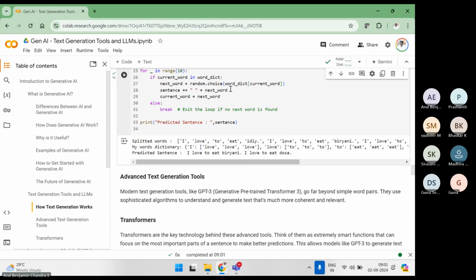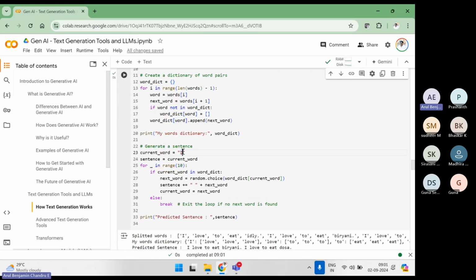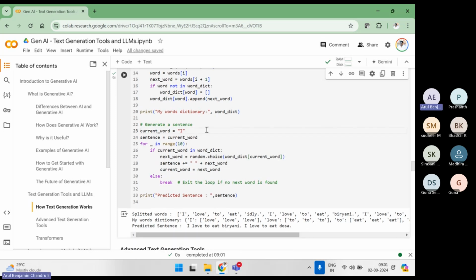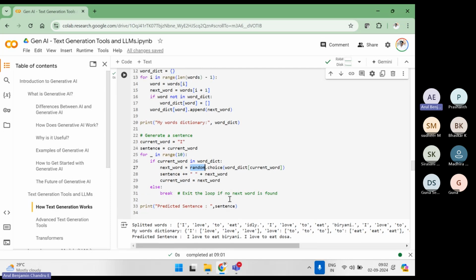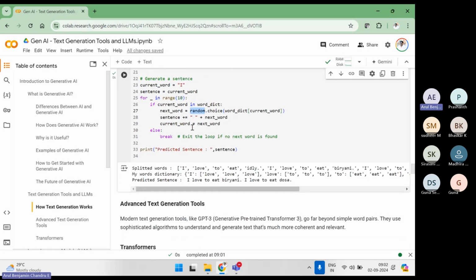Okay. See, my sentence is completely different. I gave something to learn first, and with that it learned, right? In that learning, it applied to me. I just asked, this is called a prompt. I just simply gave I, and I asked it to predict the next words to make a sentence. So what it did, it just predicted the next word by using random, and it gave me a sentence. Okay, if you are able to visualize how this program is working, then you can understand how generative